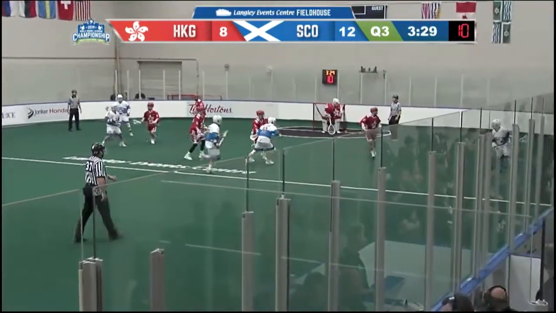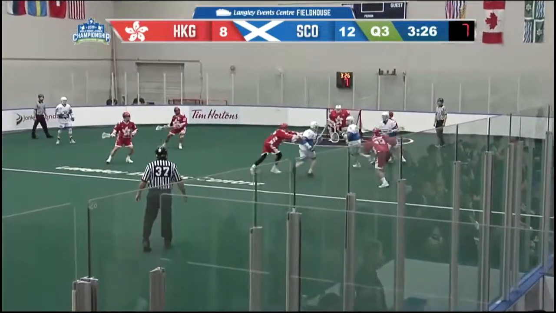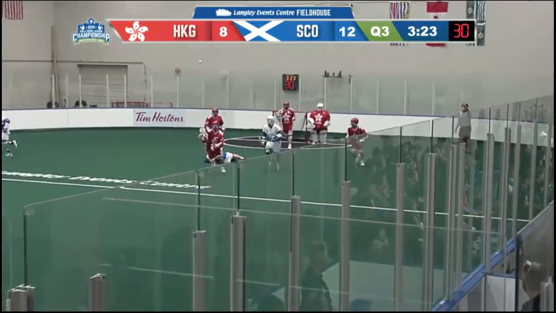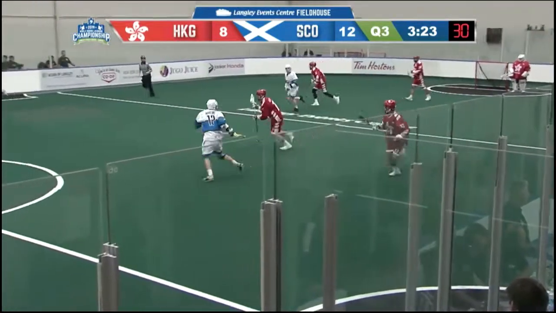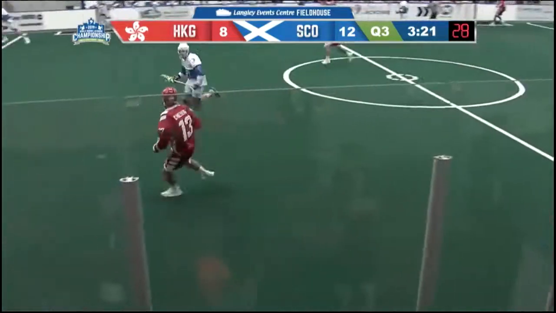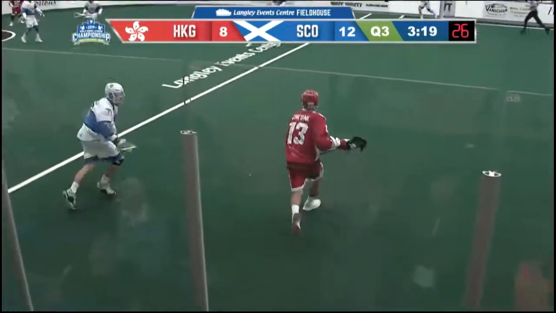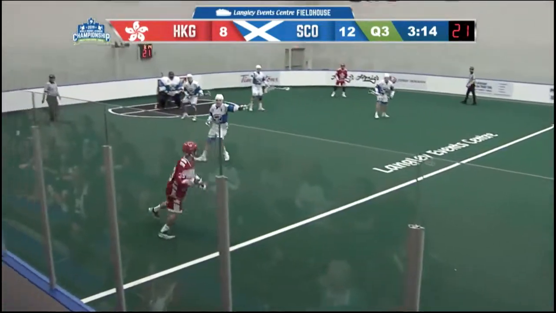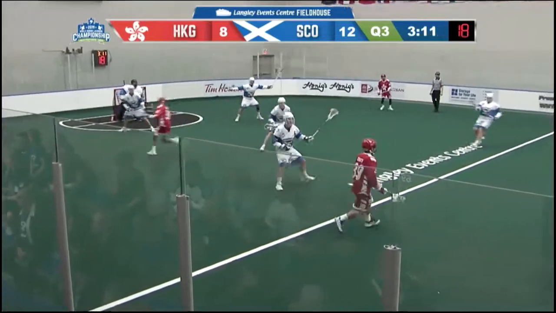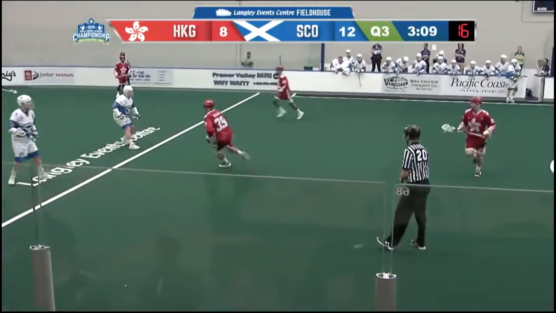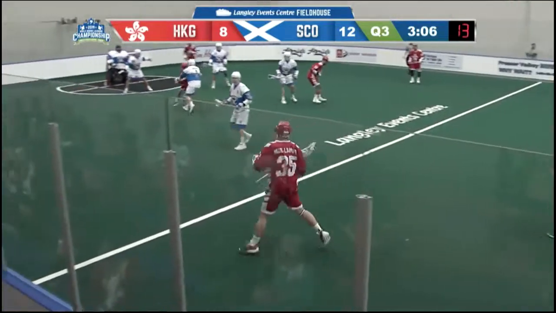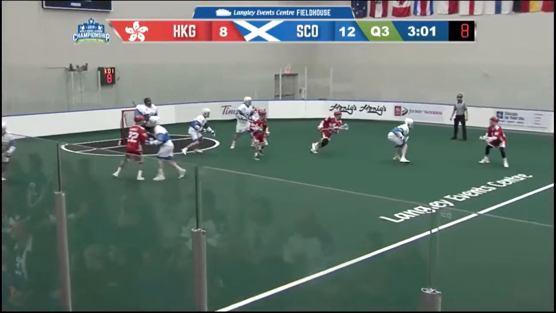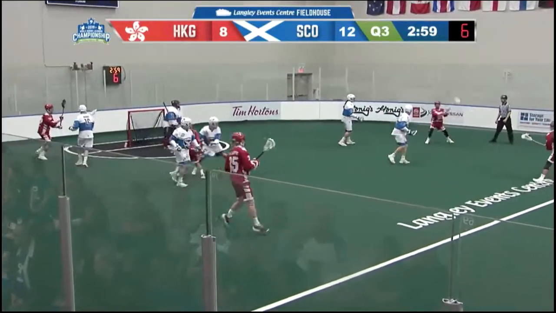Hong Kong coaching staff not happy with referee Hardy, both waving at each other from across the floor, as Beck is knocked down in front of the Hong Kong goal. There, Beck, he's back up. Hong Kong down the floor along the left side. Wing Chang. Now Chan, high left side. He passes off there for Mak Lamy along the left side. Shuffling in, sending it across the floor, high right side.